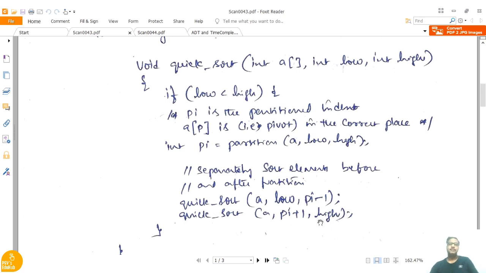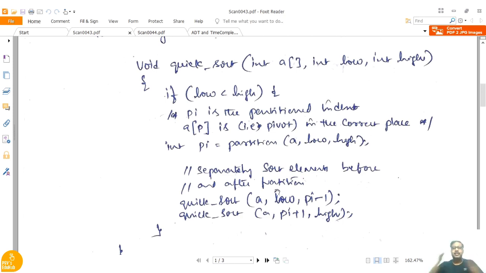That means once the partition is done, the left partition will again be applied with quicksort, and the right partition will again be applied with quicksort. The left partition will be divided into two again, and the left partition's first part and its right sub-partition are each again assigned to quicksort.